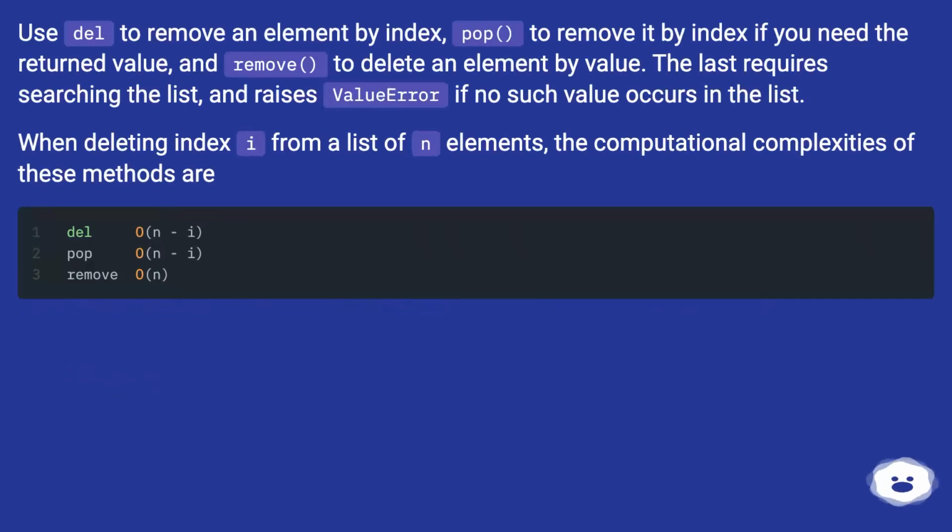Use del to remove an element by index, pop to remove it by index if you need the return value, and remove to delete an element by value. The last requires searching the list, and raises ValueError if no such value occurs in the list. When deleting index i from a list of n elements, the computational complexities of these methods are: